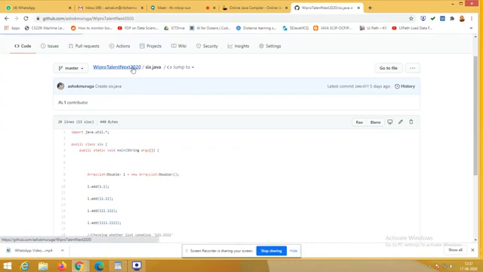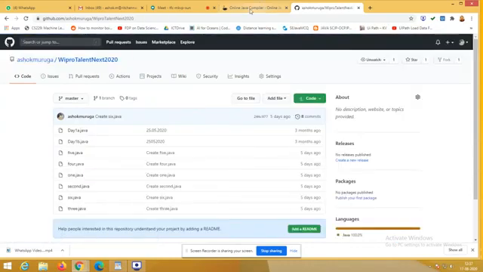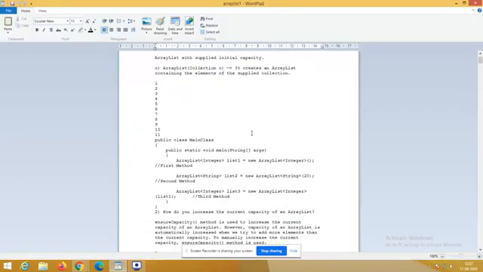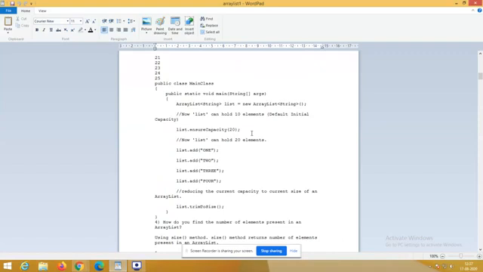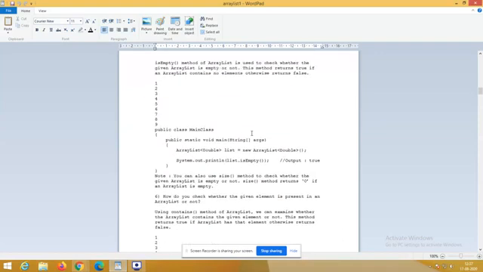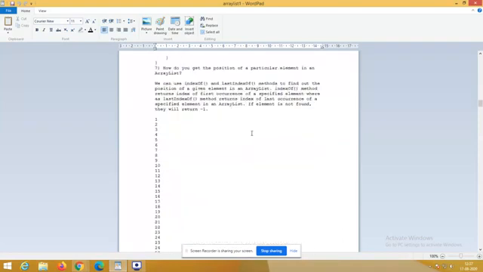Okay, so now we will come back to today's session. In today's session, we are going to fetch the position of an element. How to get that? This is the question. How to get the position of a particular element in the array list? I have an array list, and it is ready to return me the position of the element if it is available. If it is not available, what will it return? This is the thing that you have to note.